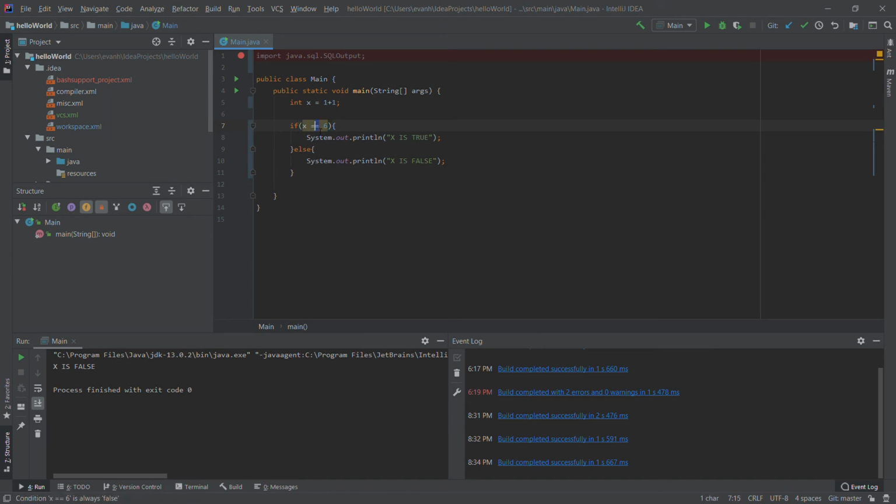Now, if we said x is less than, or my apologies, less than or equal to, and then we save and run it, it'll come up as true. Why? Because x is less than